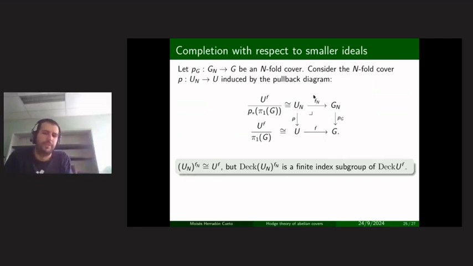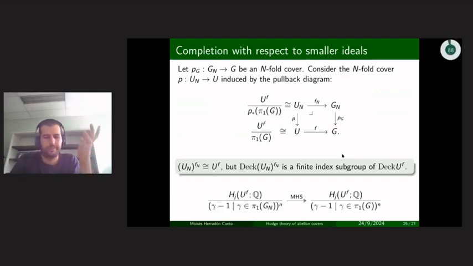So if you construct the universal abelian cover of Gn, you get the same thing as for G. You get the same cover. But the thing is that the group is smaller, because when you quotient by it, you get a larger thing. So you're getting the same thing with a smaller group acting on it, or a smaller ring if you think of the group ring. And you're looking at the same homology groups, but now the ideal that I'm putting in the denominator is smaller, because these gammas live in a smaller subgroup, whichever group I chose in the very beginning.